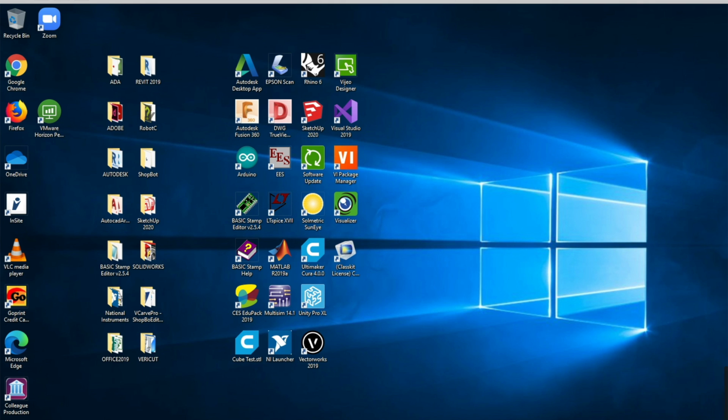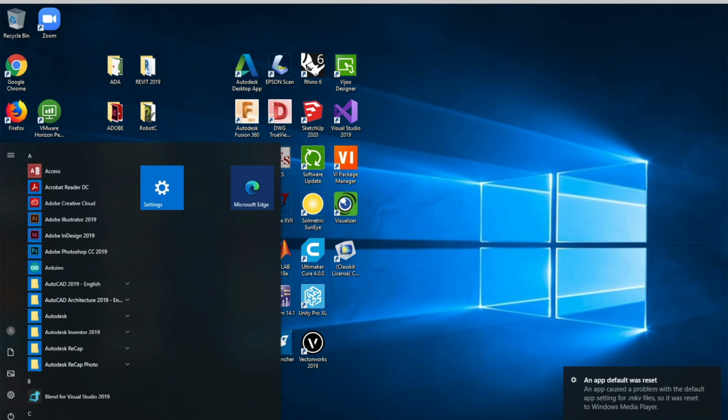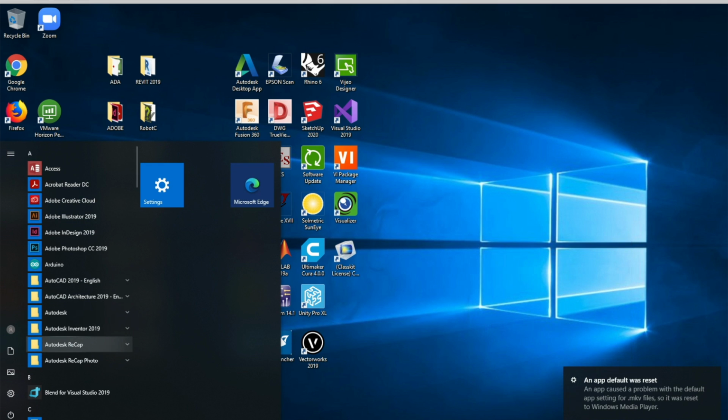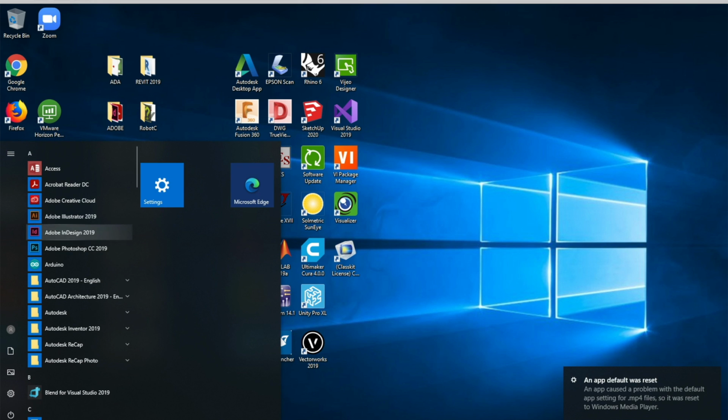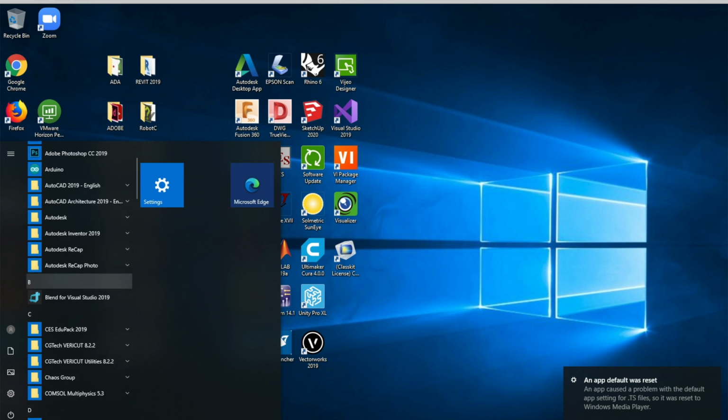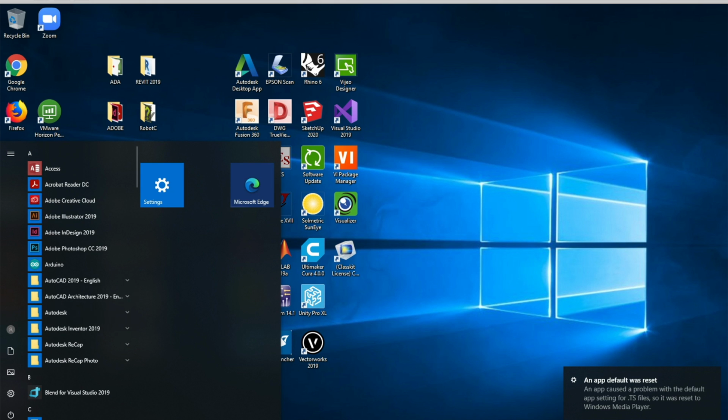All right, so we've finished logging in, which is great. This is giving me access to the school machine. This looks very much like the school machine and how it works. I have access to everything from the start menu, all the programs that are available, whether we're in 135 and you're working through InDesign, Illustrator, Photoshop, etc. Those are all there. If you're in 136, you're going to be using Rhino and Vray. And so all of the software is available to you right there, which is great.